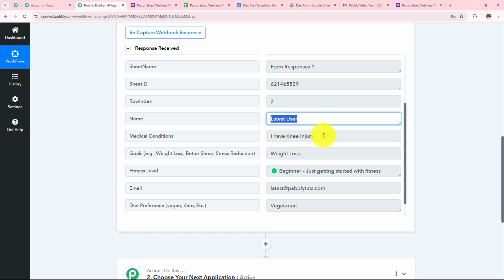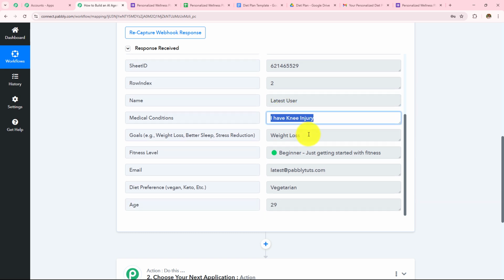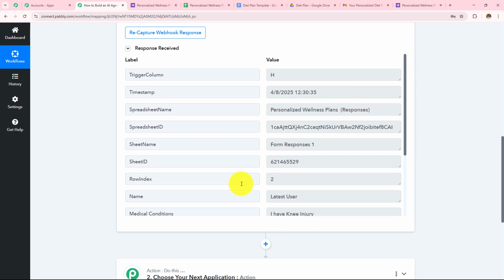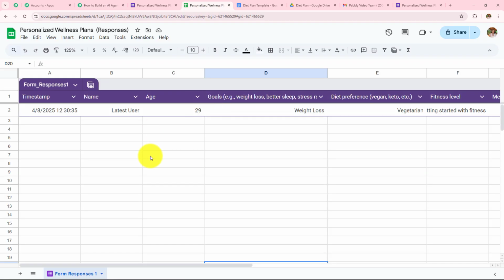The name was latest user. Medical condition was I have knee injury. Goal is weight loss. Fitness level is beginner. Email is latest@pablitudes.com. The diet preference is vegetarian. Age is 29. Now here, as soon as I've submitted the form, all the details were captured in this Google